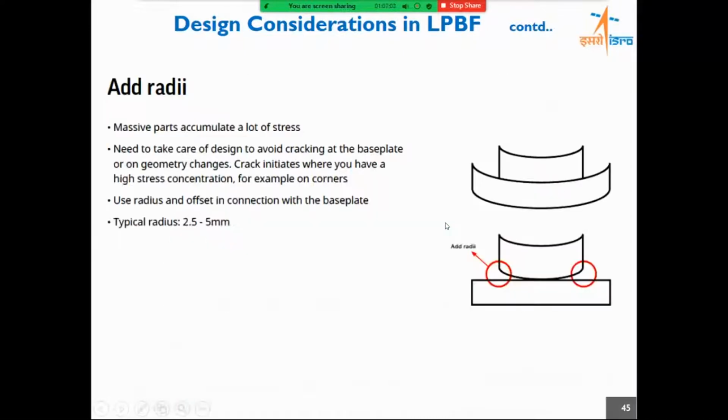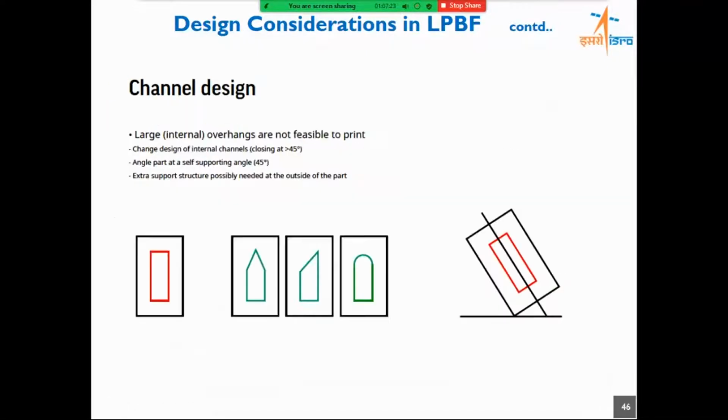And also, because these processes are very fast, wherever there are sharp corners, they tend to act as regions for stresses to be accumulated or residual stresses to be built up. So you need to provide some radii to take care of these sharp corners in your design while doing the 3D printing of the part. Again, if there are some internal channels, it is ideal to build them at a 45-degree orientation rather than printing vertically up, because on this surface there will be dross formation and it will not result in the desired shapes.